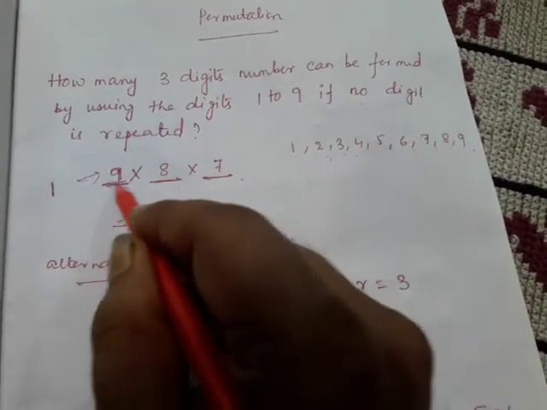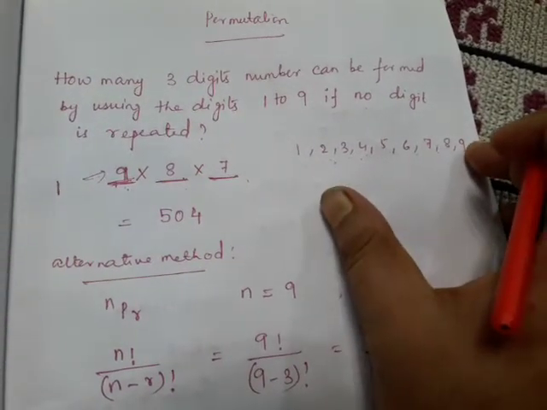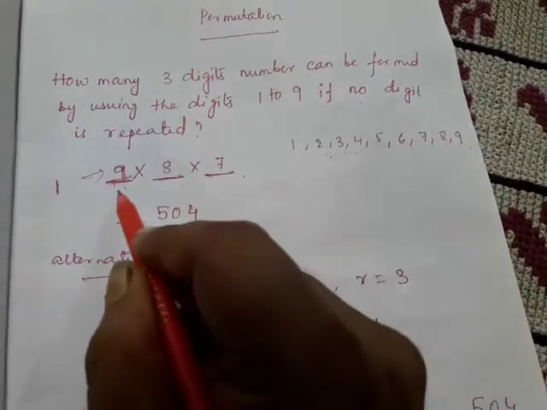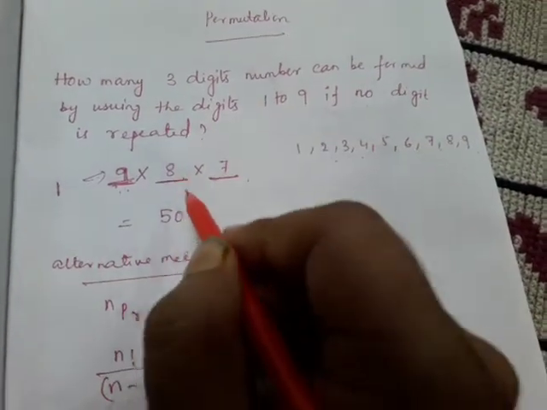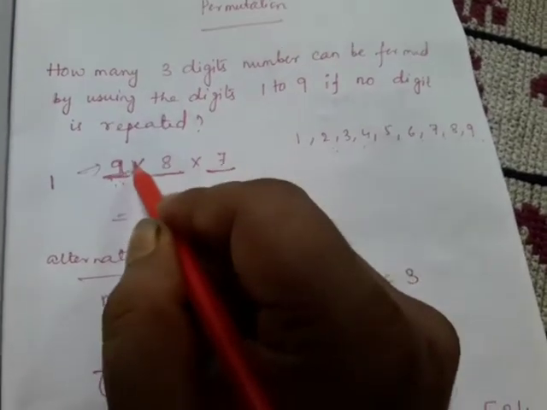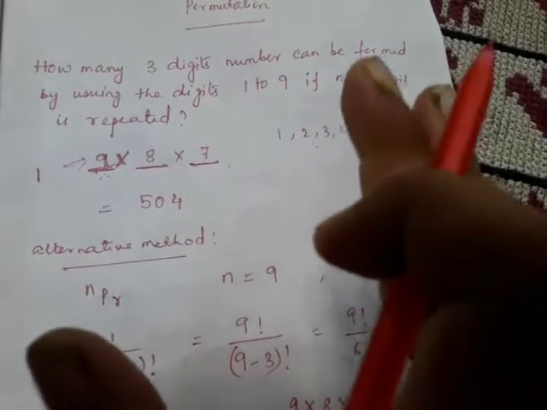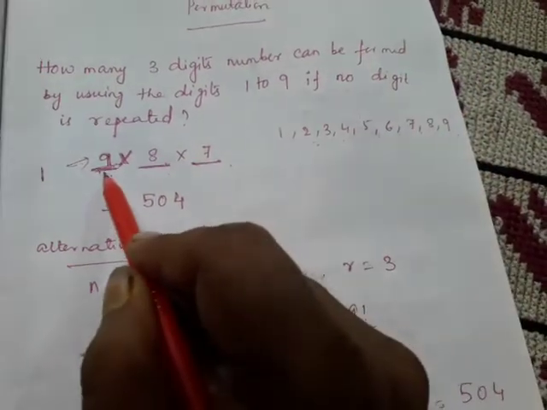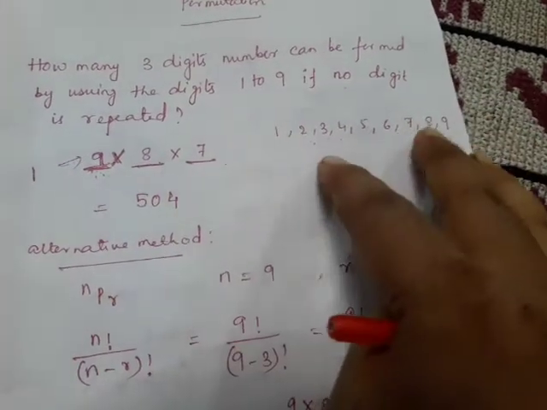Now the moment you are choosing one digit from these 9 options, you are writing 9. So the work is incomplete, and when the work is incomplete, we use the multiplication sign. So you give a multiplication sign. Remember, when our work is not complete, because we have to frame a 3 digit number, we have just filled 1, that is 9. We have 9 options. Clear?